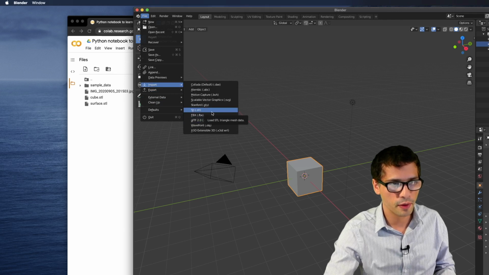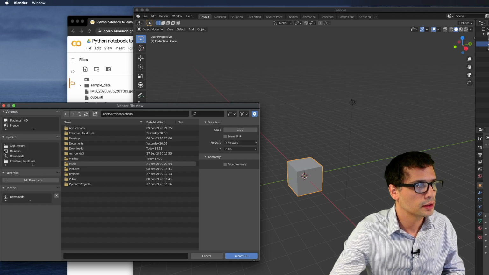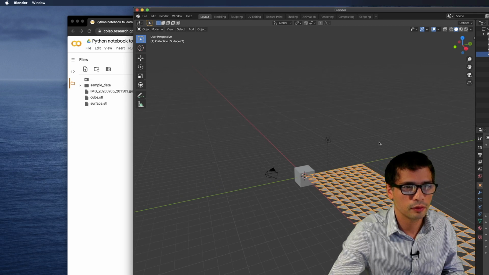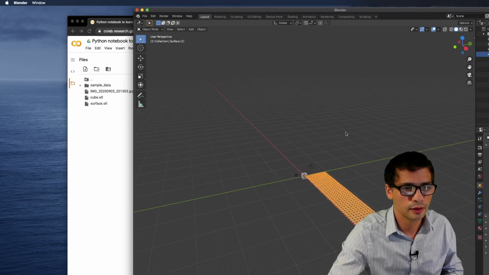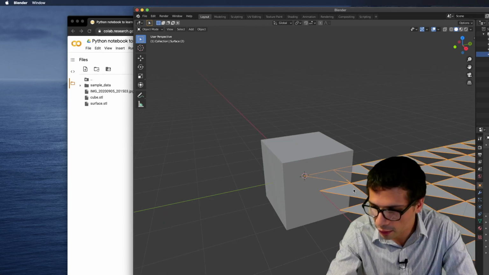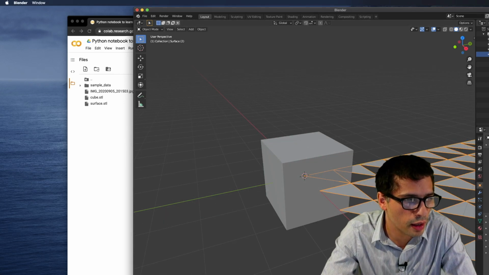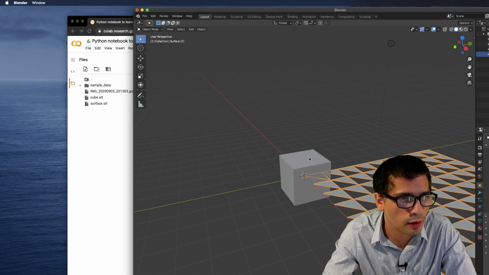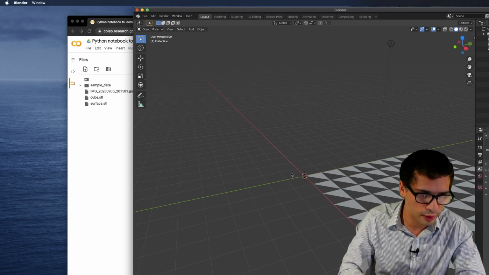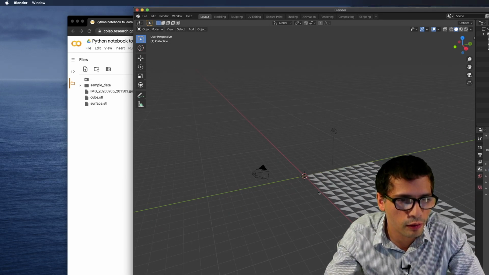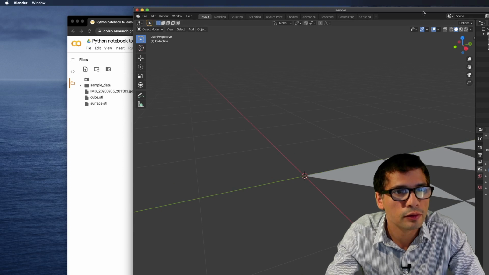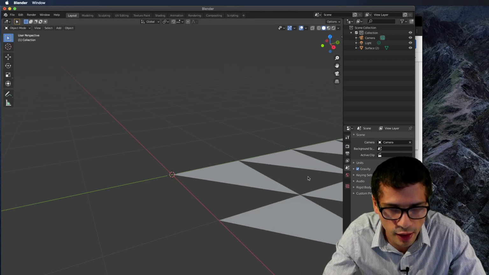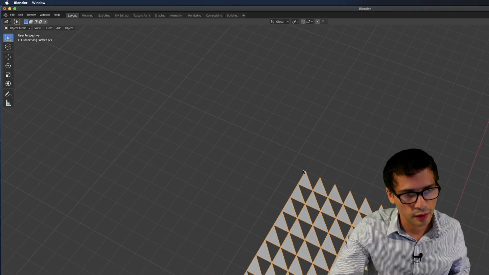I'll be very surprised if it works first time. Oh, not bad. Okay, we have something here. Seems like I missed half of the triangles. I mean, the faces I've defined only did half of the job, right? So this is not a bad result considering how much head scratching I was doing just now. So let's see if we can identify.